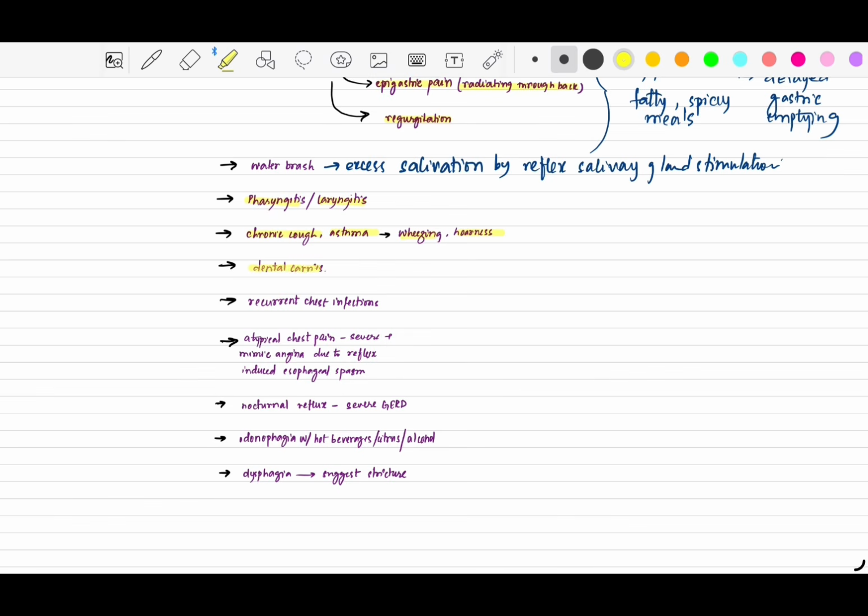It can also cause damage to the teeth, resulting in dental caries, recurrent chest infections, and atypical chest pain that can mimic angina due to reflux-induced esophageal spasm, again due to acid in the esophagus. It can result in nocturnal reflux, which is going to occur at night. Then we can have odynophagia with hot beverages, citrus, and alcohol. Now, odynophagia refers to painful swallowing,